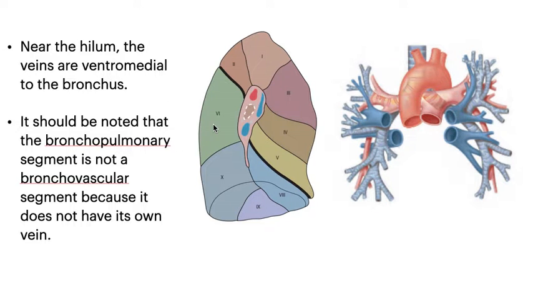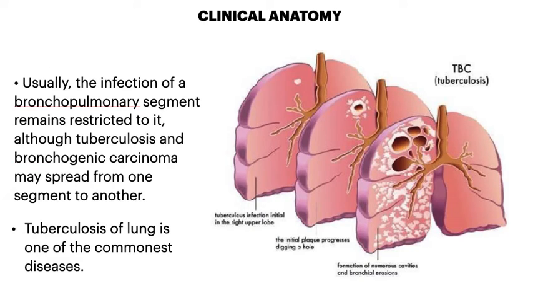Near the hilum, the veins are ventromedial to the bronchus. It should be noted that the bronchopulmonary segment is not a bronchovascular segment because it does not have its own vein. Now, coming to the clinical aspect, the infection of the bronchopulmonary segment generally remains restricted to one particular segment,